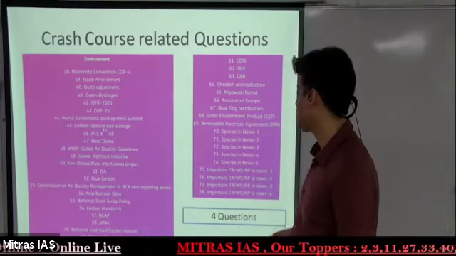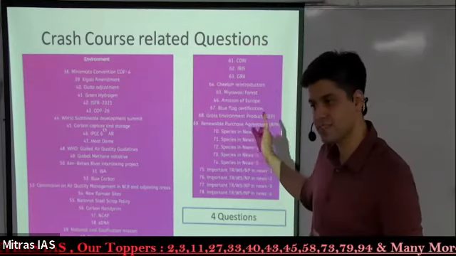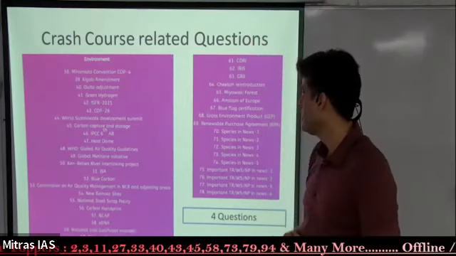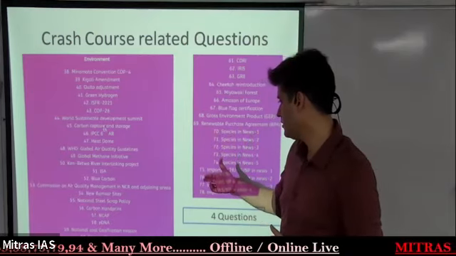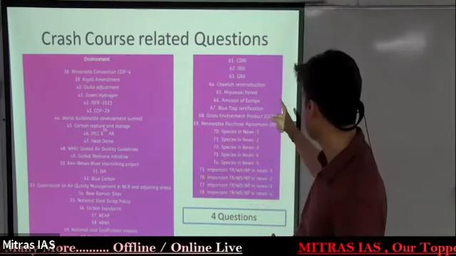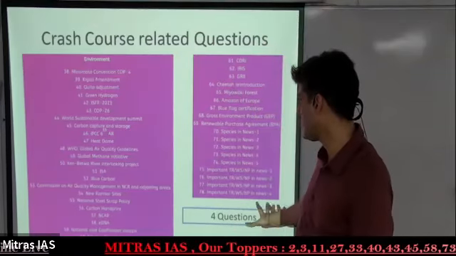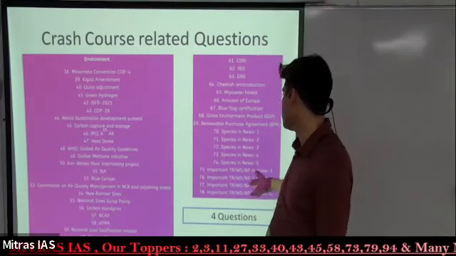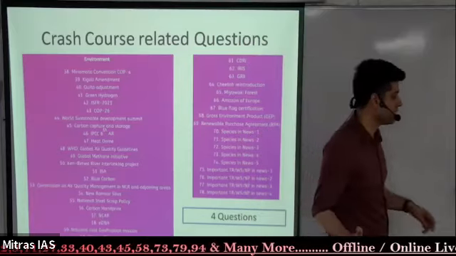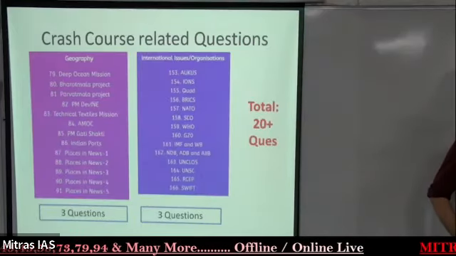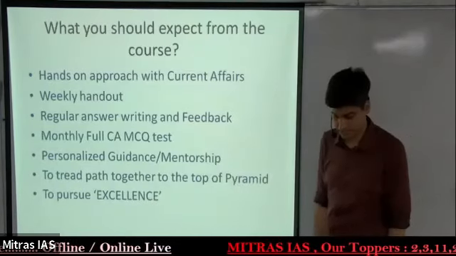These 4 questions directly, species and news also. One question had come on the globe. This one, Messir, also had been mentioned specifically in one of that. Then we have a question on the Miyawaki forest. So there is one more. So total 4 I have counted. So 4 questions have come directly. 2, as I said, species and news directly had come. So these are the topics we also covered in that. And similarly in geography and international relations. So total, as I told, 20 plus questions, around 25 have come.